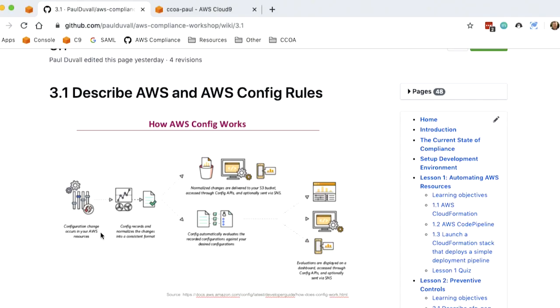It keeps this record and also the relationships between other AWS resources as well, but it keeps a history of these changes. And so you can then compare your compliance requirements, your desired configuration, against the configuration that it's recorded. And then what you can do is set up what are known as Config rules. With Config rules, you can define the rule that you want your resources to follow. And if they violate that rule, if it's determined as non-compliant, then it flags that, and then you can get notified through different means. And then based on this notification,